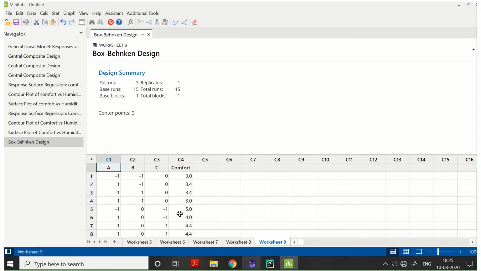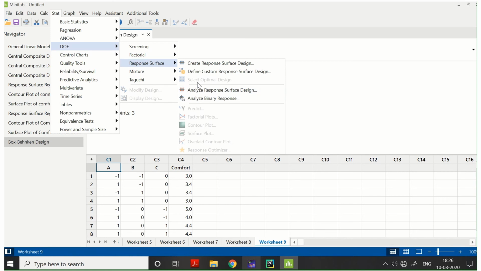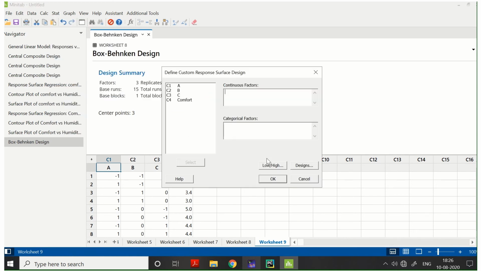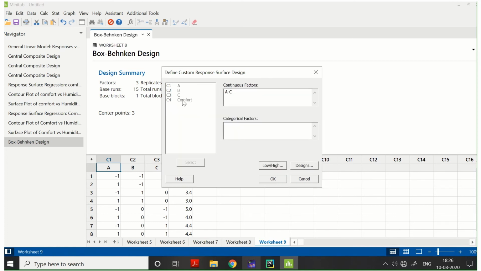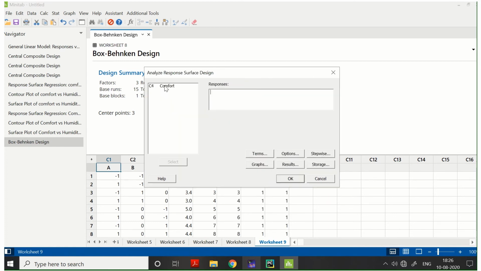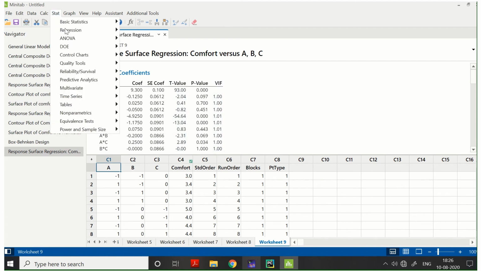This is the created box function design with A, B, C as the three different variables, and comfort is our response variable. You have to go to Stat, DOE, create design, analyze. Sorry. Our factors are A, B, C. Select low, high, and then press OK. Comfort is our response. You have to click OK. This is the ANOVA table that I already explained,